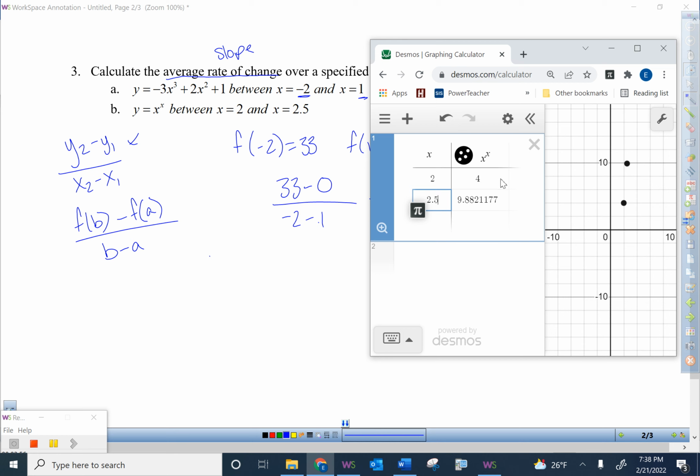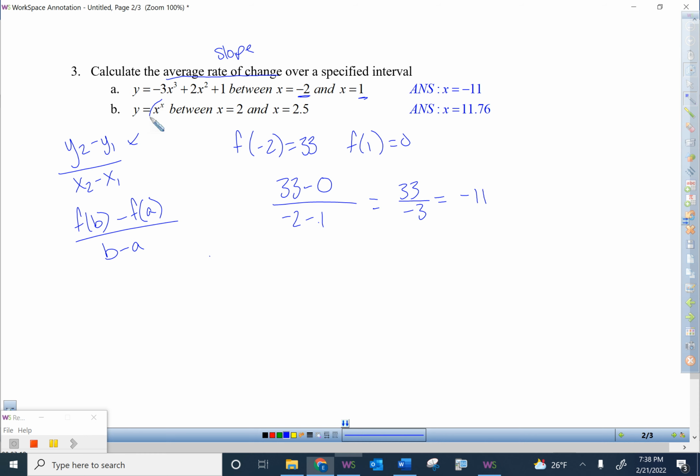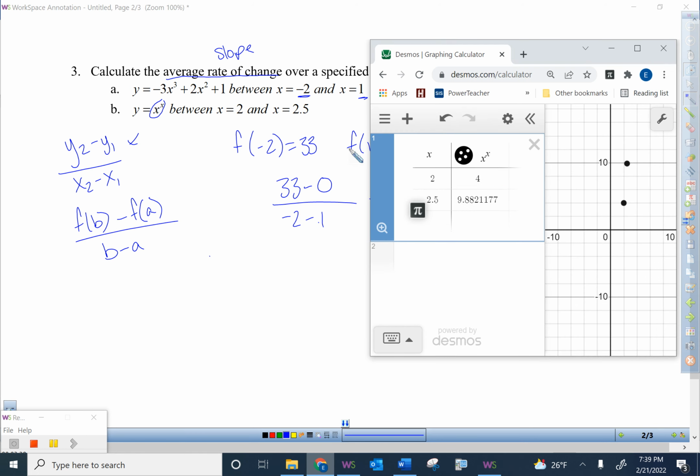Okay, so this one, we've got our 4, and then we've got this number that's a little bit uglier. That's one thing about Desmos that isn't as handy. It's not a nice value, but a lot of times with something like this, and we're going to see it happen on the next one, okay, they're not necessarily awesome values. That's why you can see this decimal that's happening over the right. Okay, but what we're going to do is subtract those values, and we've got 4 minus, I'm going to go in the same order, 4 minus